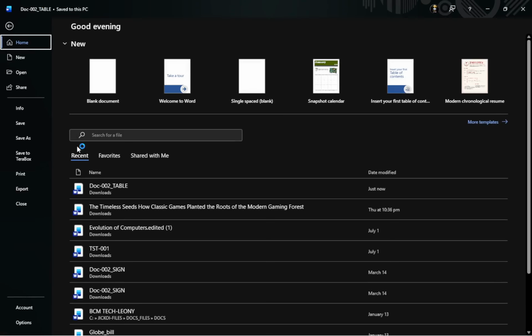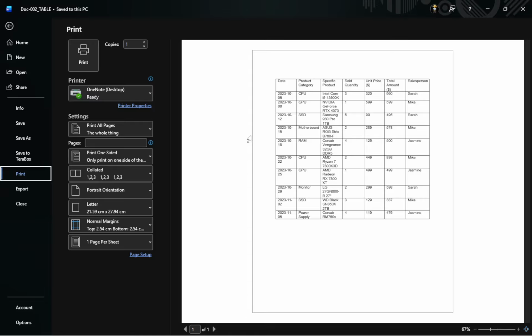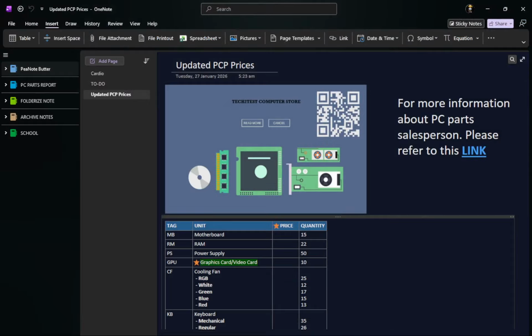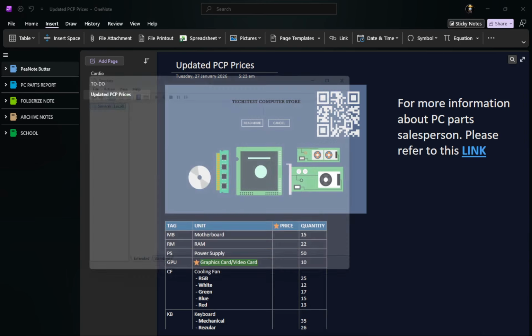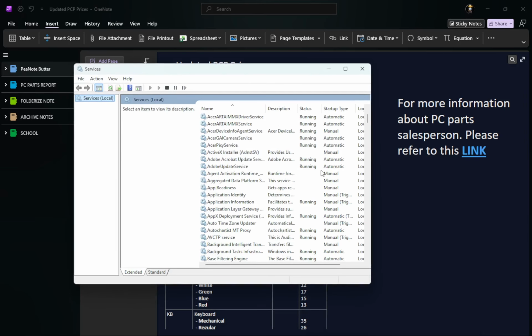After that, restart the Windows Print Spooler service. Start by pressing Windows and R keys together. This will open the Run dialog box. In that box, type services.msc and press Enter. You will see a list of services. Locate the Print Spooler service. Right-click it and select Restart. This action clears any stuck print jobs and can often resolve printing issues. A refreshed print spooler allows your print tasks to flow smoothly.